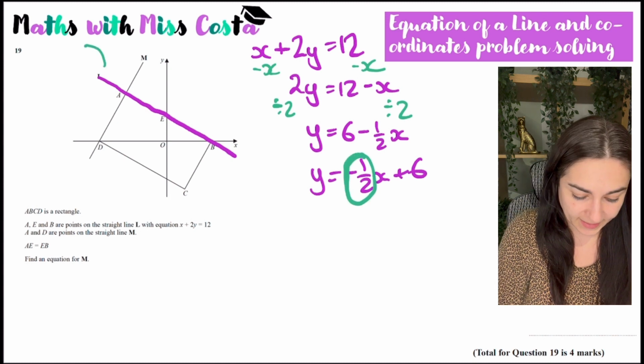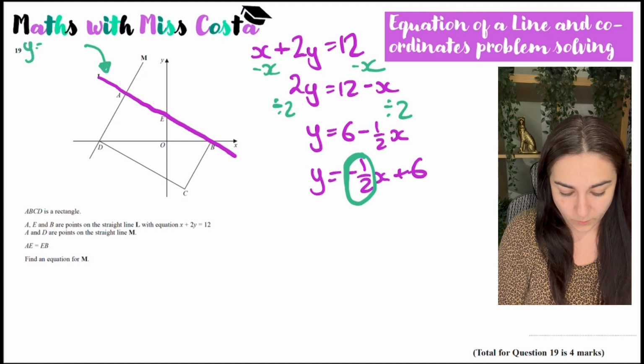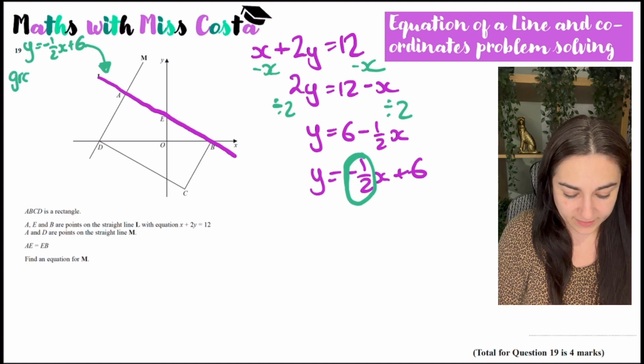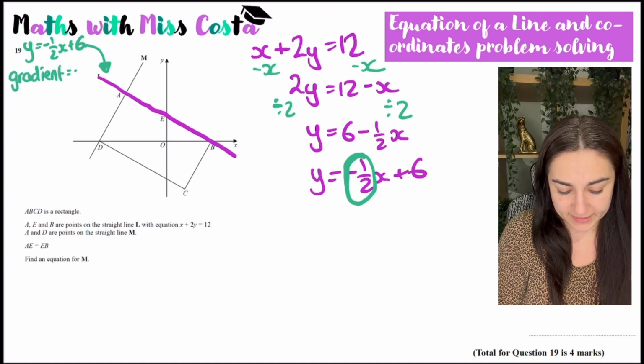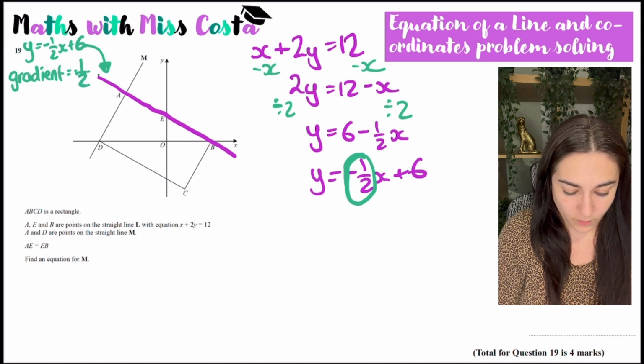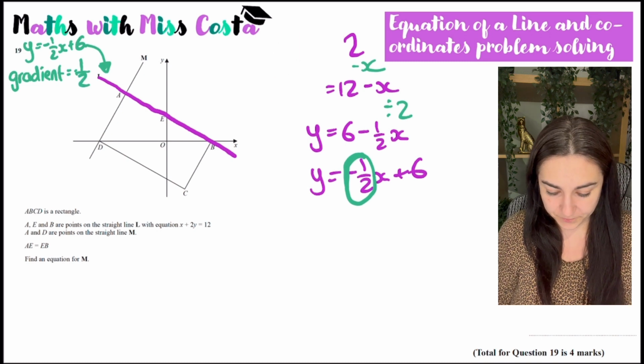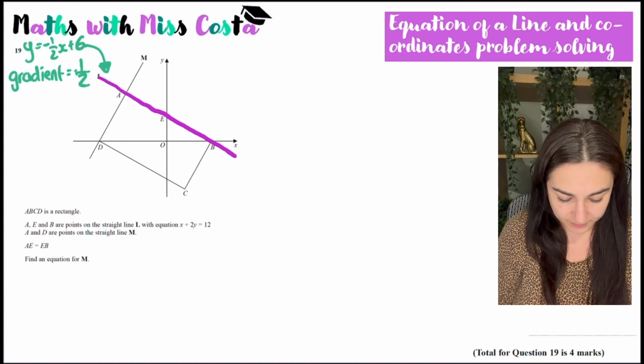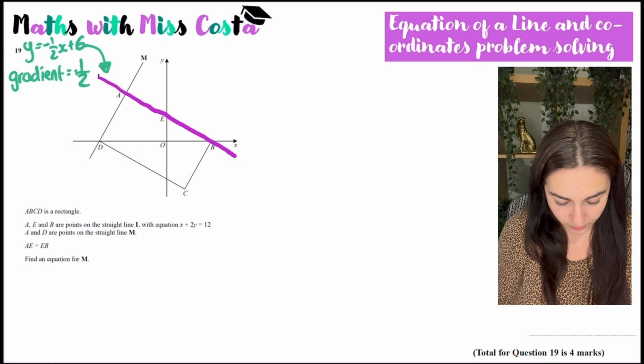I could just write this here as the whole equation, y equals minus a half x plus 6. So I know some information, and the gradient is minus a half. Now, what have I actually been asked to do? I was given that information and I used it, and I'm told